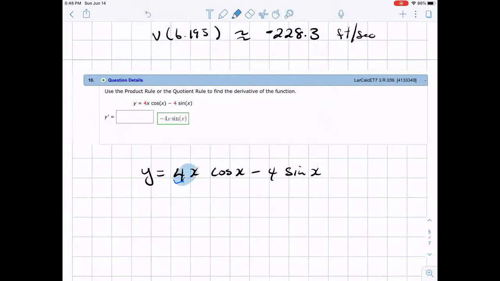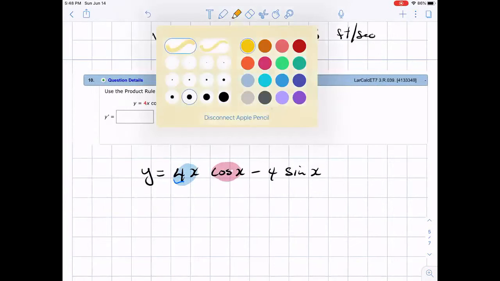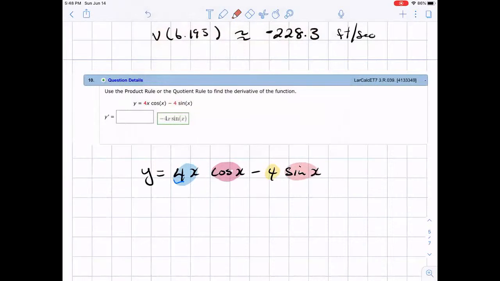Here we have one product, here we have another. If I call this h of x, this g of x, this p of x, and this t of x,